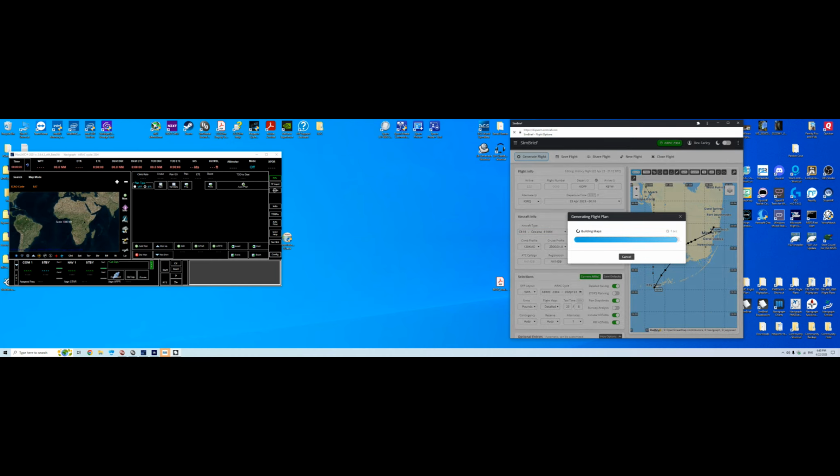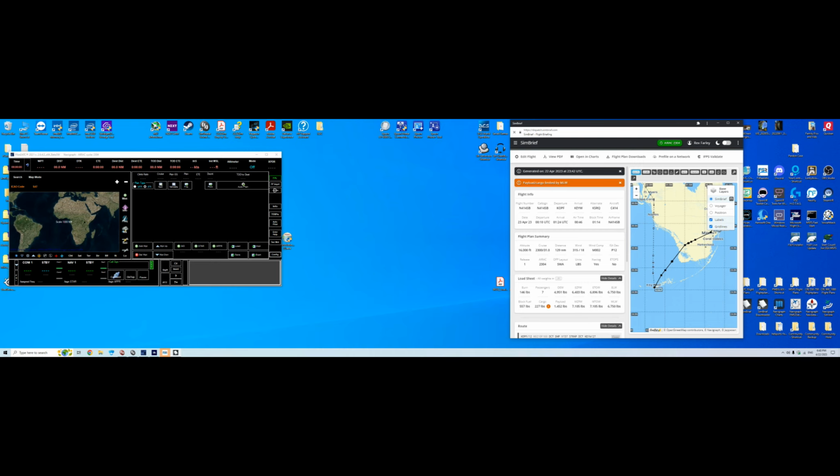You can go in there, like I say, and change your fuel and all that stuff, but it does a pretty good job all on its own. I just shoot that over into the simulator and then grab my fuel and my weights over there. So that's all I do with that right there. So we're going to close that out. At this point,